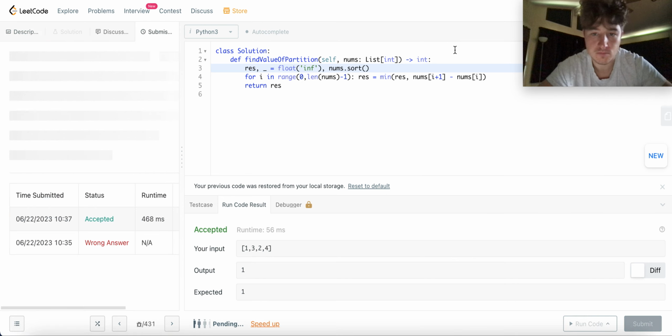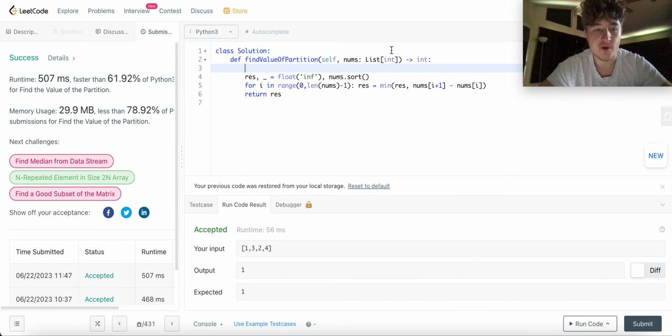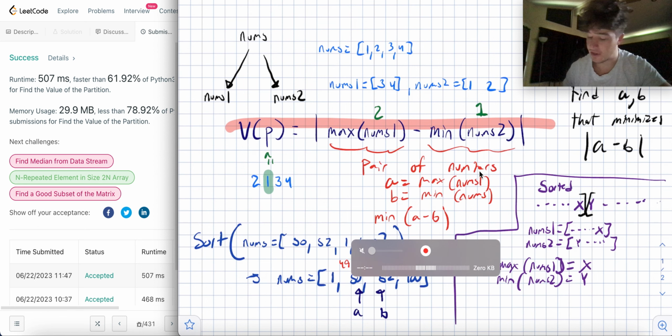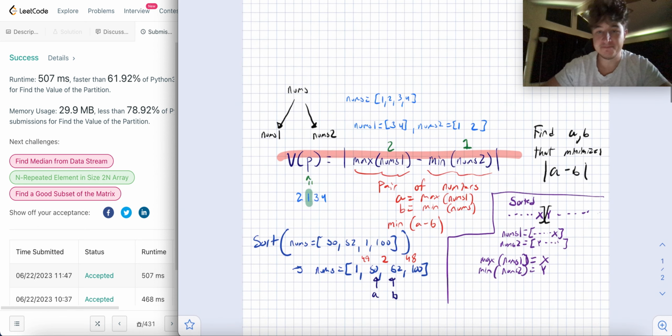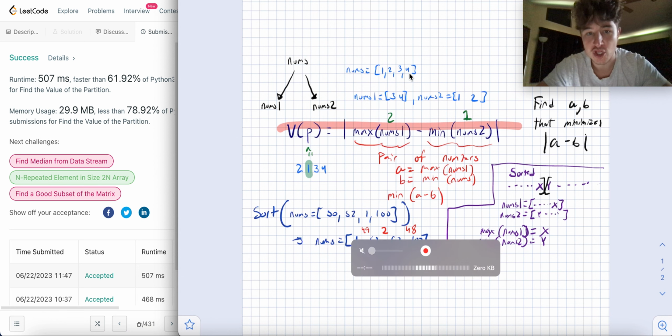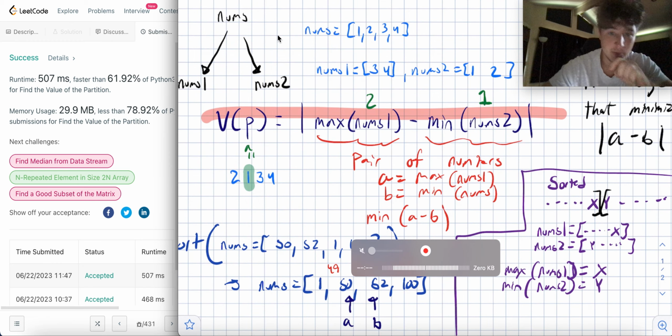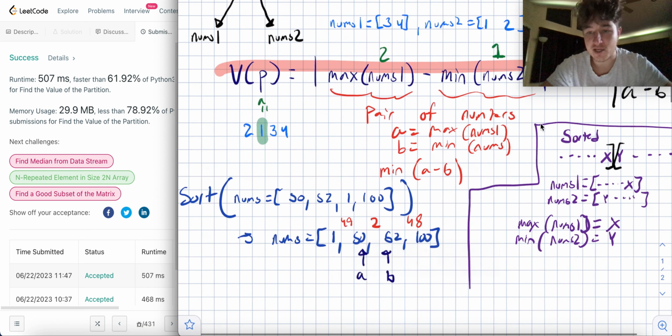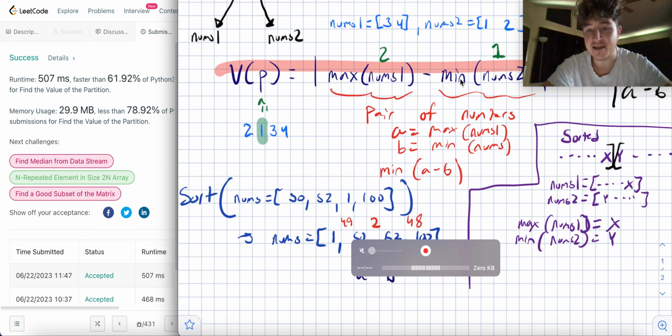All right. Okay. So before I go into the runtime and space complexity, let's just quickly review what we did. We took this problem and we thought about what is possible, right? What it really means to partition, how you can partition however you want. We looked at this idea of the max and the min, and then we did that via an example. And then we looked at what is equivalent here, if we want to find, for any pair of numbers,